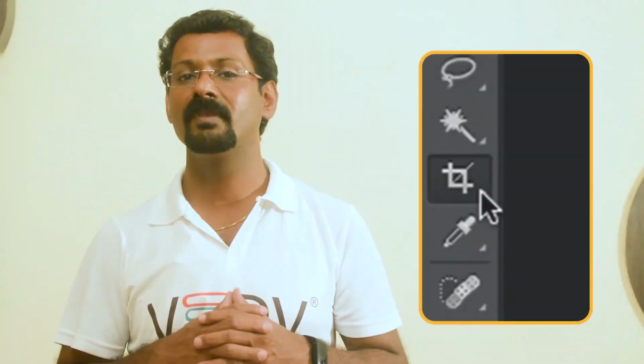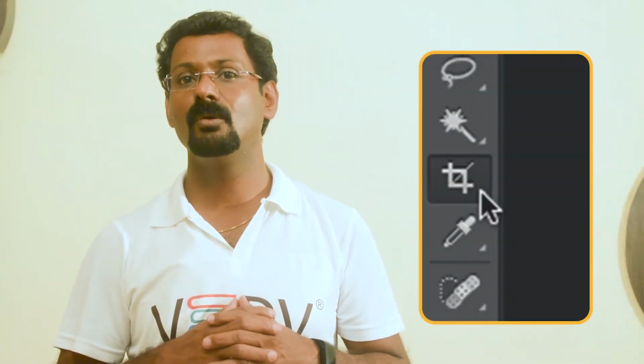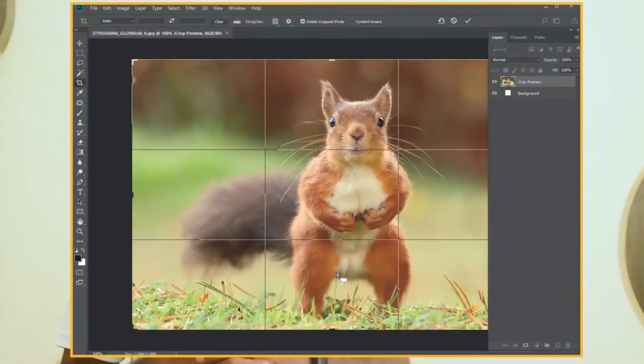You can either use the crop tool or make a selection with the rectangular marquee tool. To crop an image using the crop tool, follow these steps. Number 1: with the image open in Photoshop, select the crop tool from the tool panel. Number 2: click and drag to select the part of the image you want to keep, then release the mouse. Number 3: adjust the crop handles if necessary. Number 4: press Enter on your keyboard to crop the image; you can also double click the image.